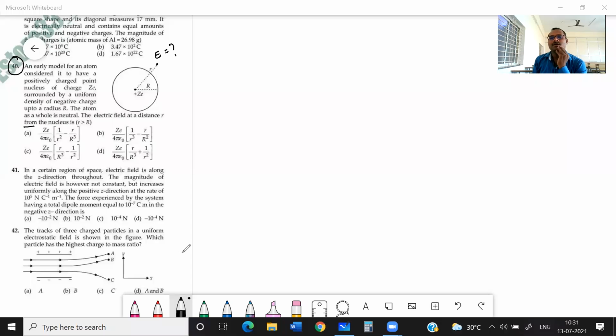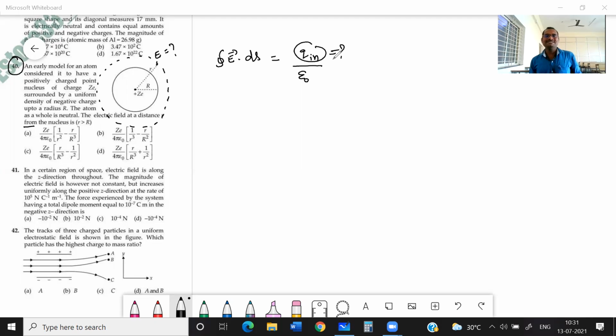They are asking. What I am doing for this is, I will consider one Gaussian surface around this, whose radius is smaller. Now, according to Gauss law, the surface integral of electric field over a closed surface is equal to the charge enclosed within the Gaussian surface divided by epsilon naught. The surface integral of E dot dS you can find easily. The only thing you need to find is the enclosed charge. Then you will get the answer. Clear? So inside this Gaussian surface, how much charge is there, that we need to find.